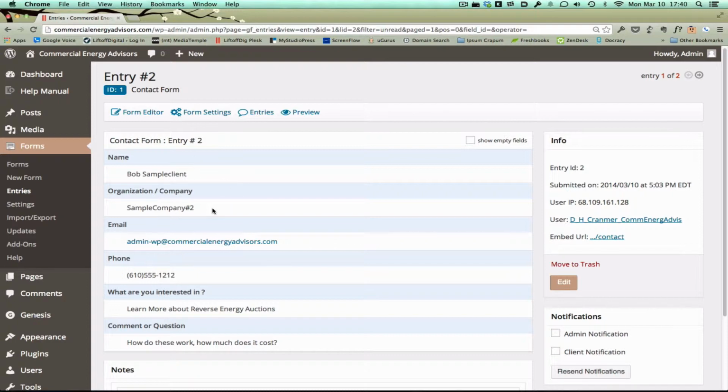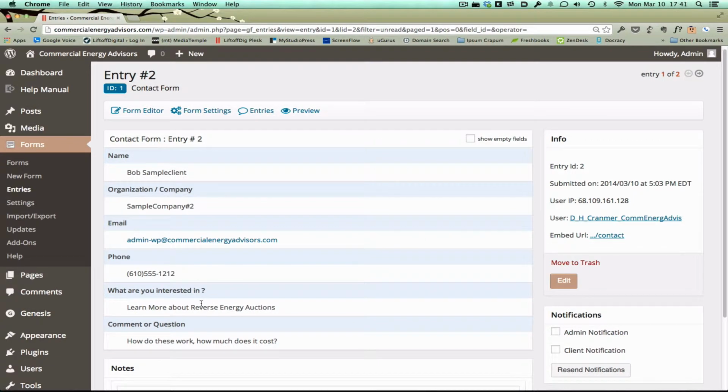Over on the left-hand side, you'll see that Bob Sample Client has filled in some information. He's listed his company as Sample Company 2. He's put an email address. He's listed a phone number. He has listed that he wants to learn more about reverse energy auctions, and he has a comment or question: how do these work and how much does it cost? On the right-hand side of the form detail is a section called Info. Right over here, you will see that it shows the date and time for when the form was submitted, the IP address of the user